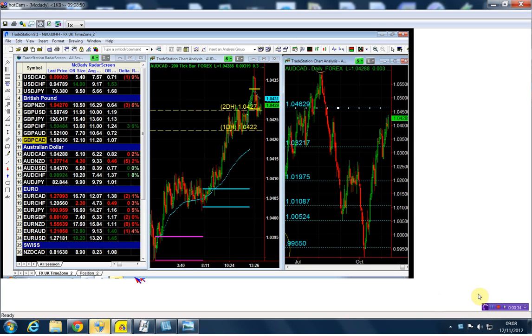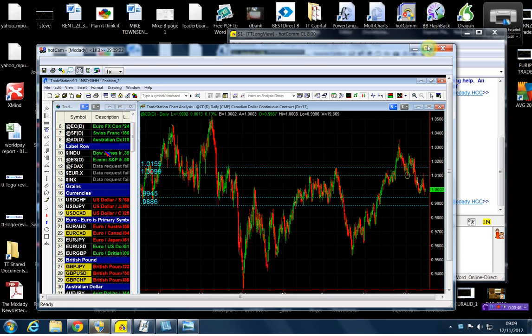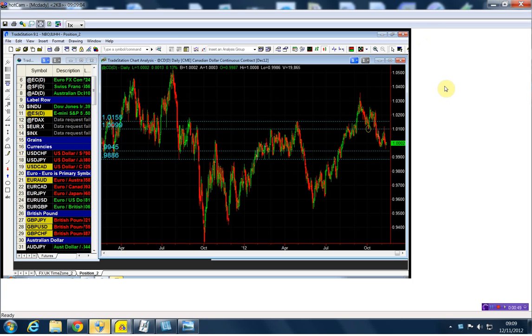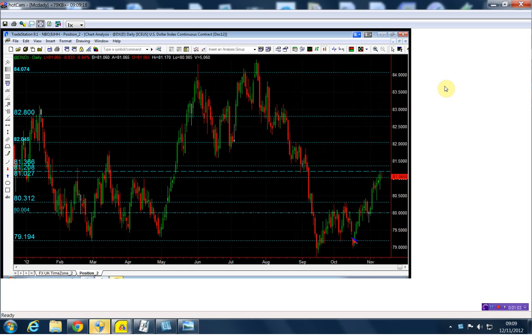We did most of the currencies yesterday, but just as a refresher, the dollar and the Australian are the two currencies that are technically strong, and as you can see, as of the 79.19, we are now trading at 81.06.